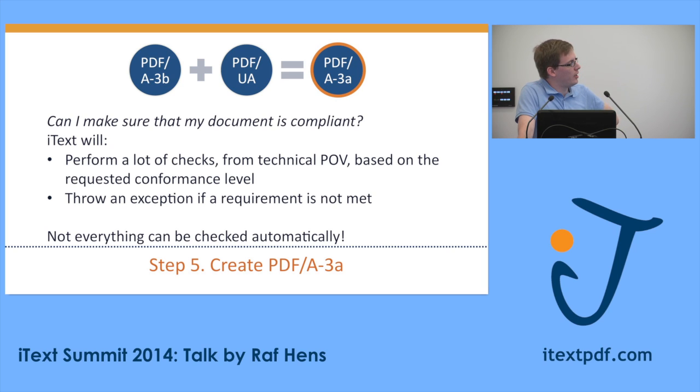archivable file. But of course, as said, and especially when dealing with accessible files with PDF/UA, we can't check everything automatically. A lot depends on the author. And it will be the author's responsibility in this case. Obviously, it will be the developer's responsibility to make sure that every aspect of accessibility is met when creating these files with iText. An example for something we cannot check in PDF/A, if we talk about logical reading order,